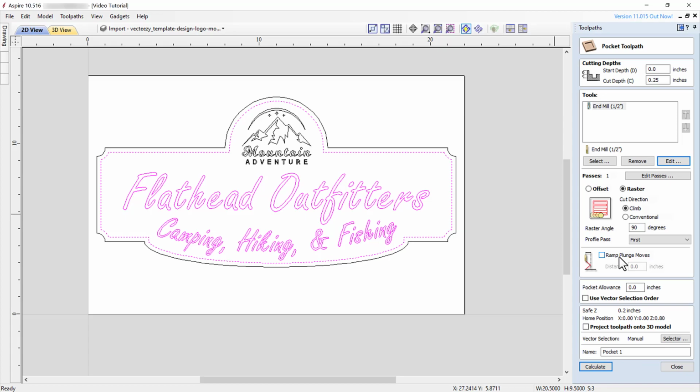The next item to consider is whether or not we would like to define a pocket allowance. A pocket allowance will leave an amount of material you specify on the inside of the pocket for the profile pass to clean up. This is an option I always select to maximize the probability that the inside edge of the pocket will be smooth without any tool marks.